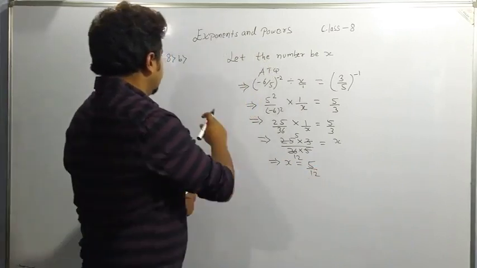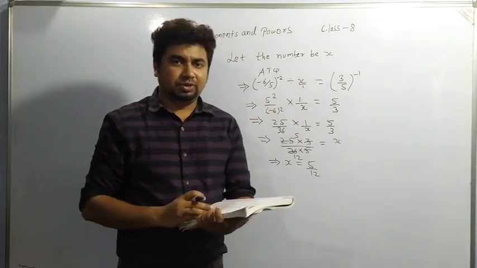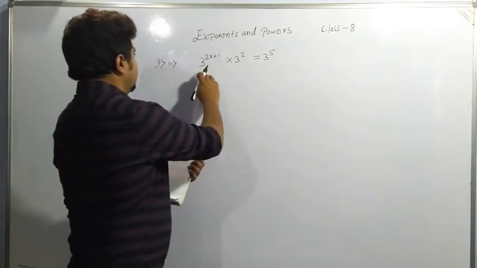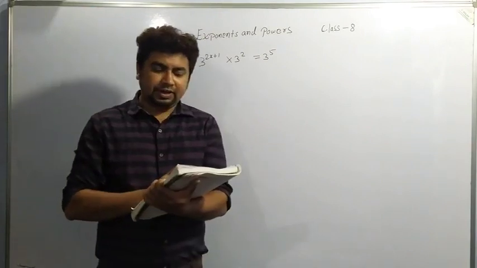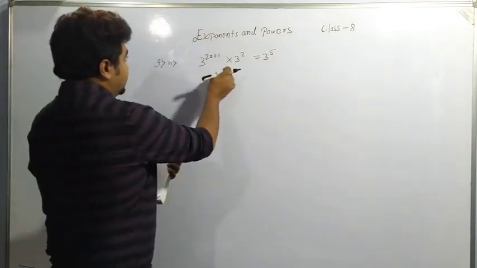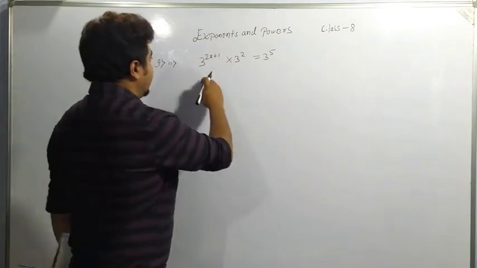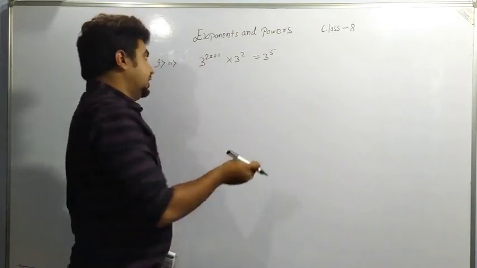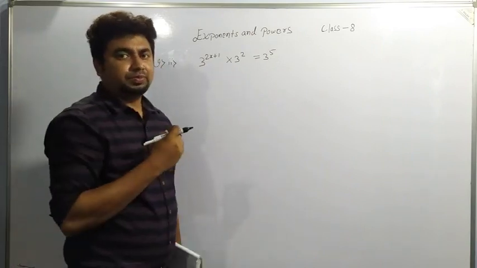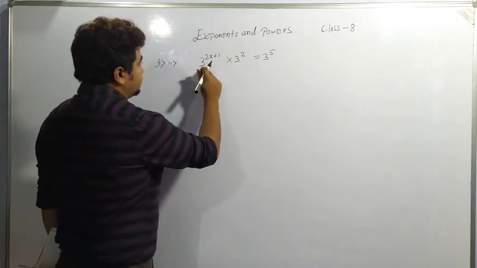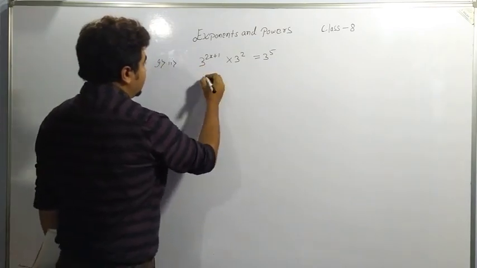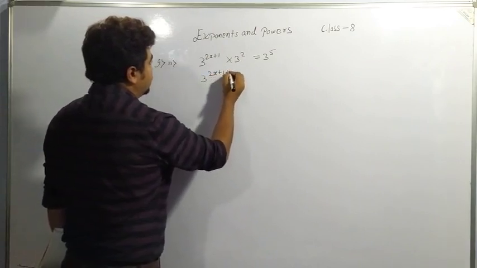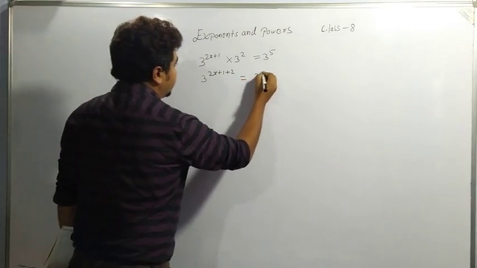So this is question number 8B. Now I'll be moving to question number 9, bit 2. In this, the question is given, find the value of x for which the condition is given to us. This is the exponential term. It is given in the term of exponent. Now as we are able to see that base is same, we can add power. 3 to power 2x plus 1 plus 2 is equal to 3 to power 5.